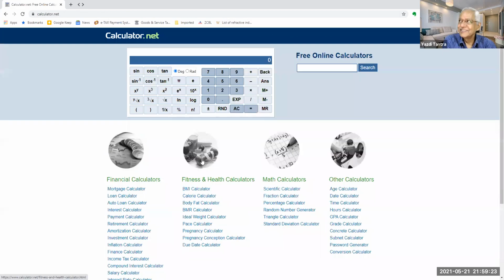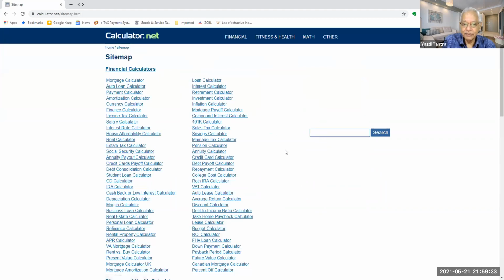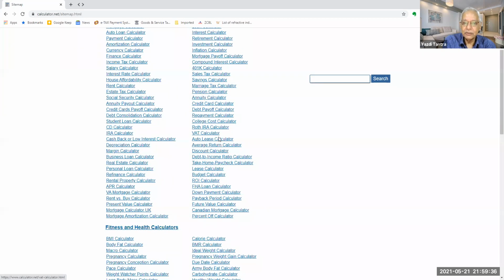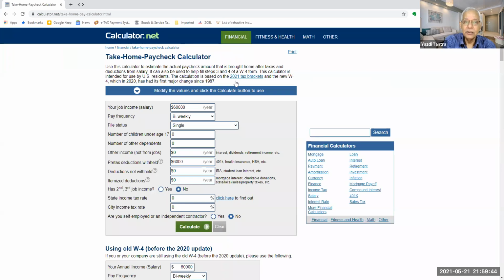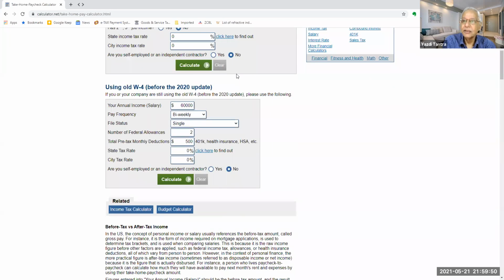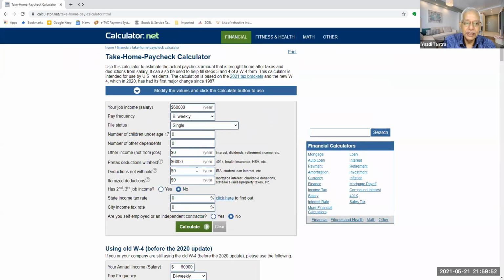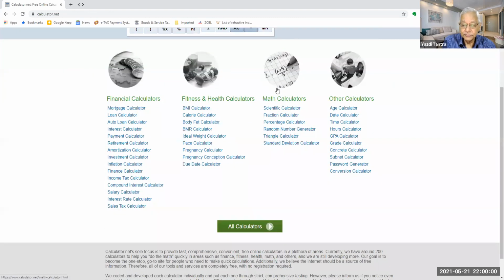Okay, so this is a whole lot of stuff on calculators. Yeah, you have roofing, you have n number of calculators. You name it and you have it. VAT calculator, discount calculator, take home paycheck. In the US, you are paid by the hour. So how much is your take home paycheck? How much is your salary? What are the rules that are applied? Pre-tax deductions, deductions not withheld, etc. And you can straight away come to a calculation of your taxation.